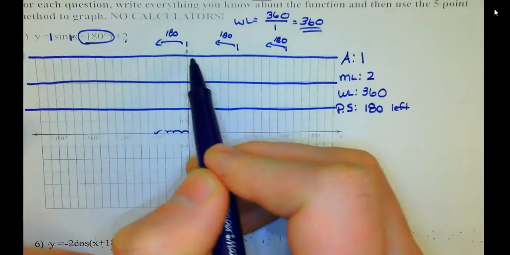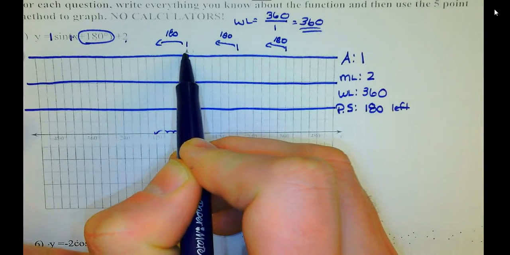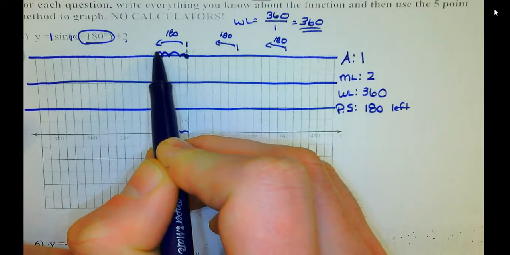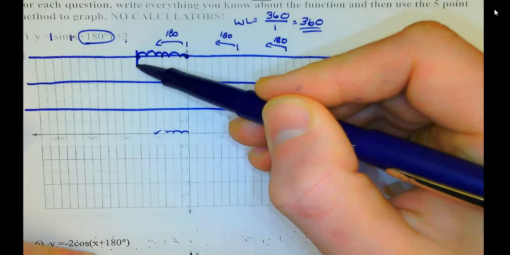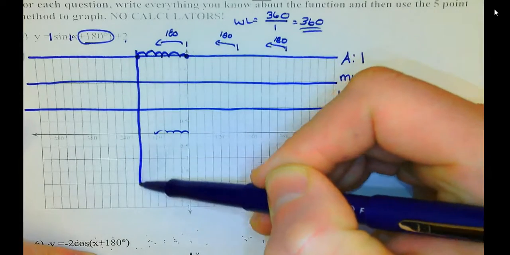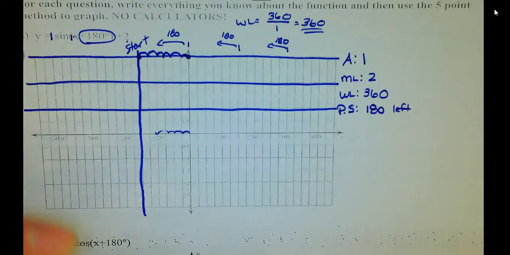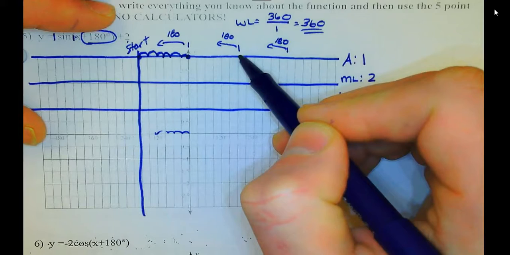Okay? So if I want to take this line and move it 180 degrees, I need to count, right? 30, 60, 90, 120, 150, 180. So I've moved that line 180 degrees to the left. Now this is my new starting point. Okay. Now I'm going to take the middle line and I'm going to move that 180 degrees to the left,